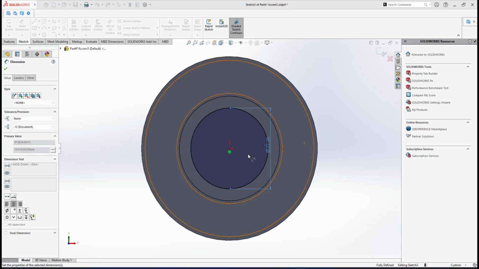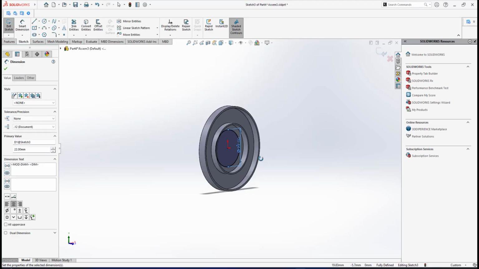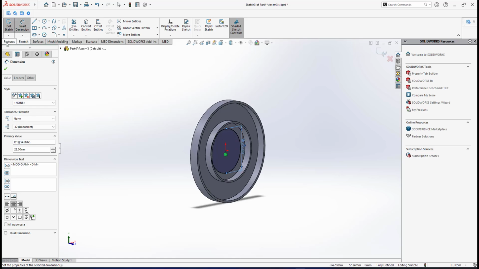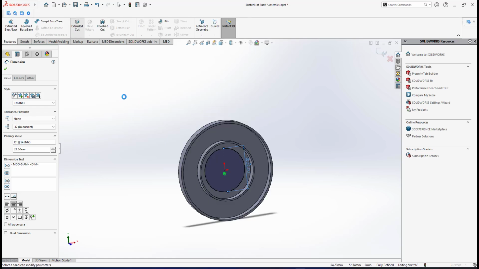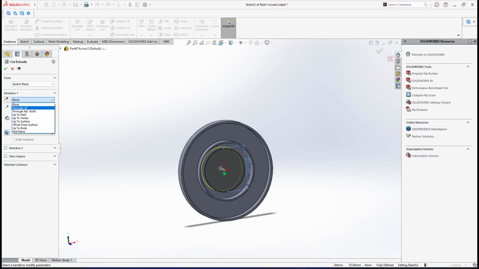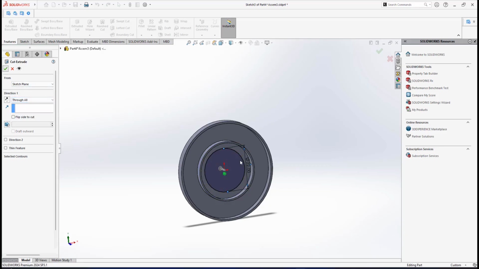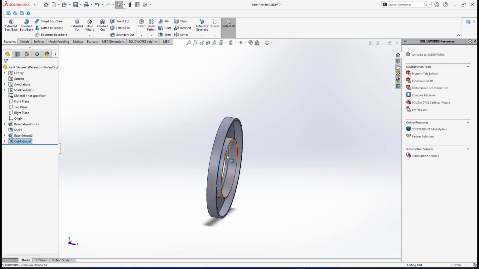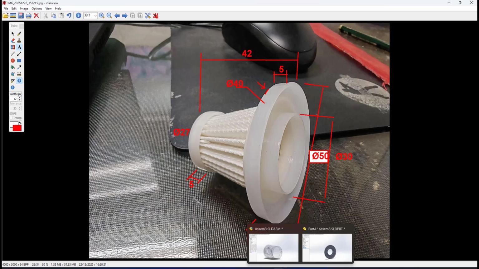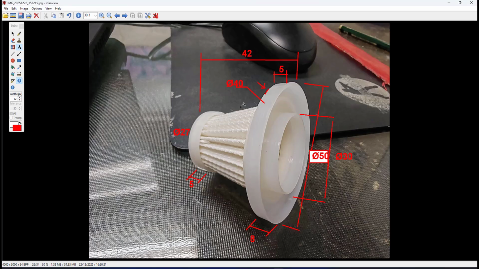And then I will do pictures, extruded cut, and I go for through all. Right, through all. So this would be the basic shape of my rear cap. And also at the front end, you cannot see at the front end, we have already put dimension, we